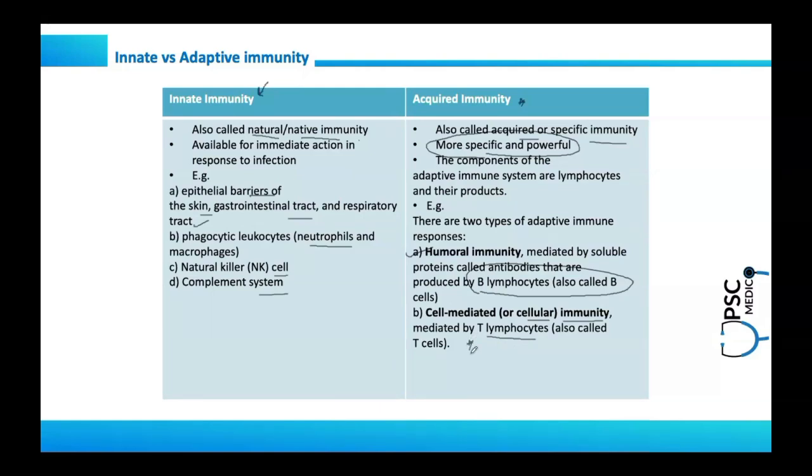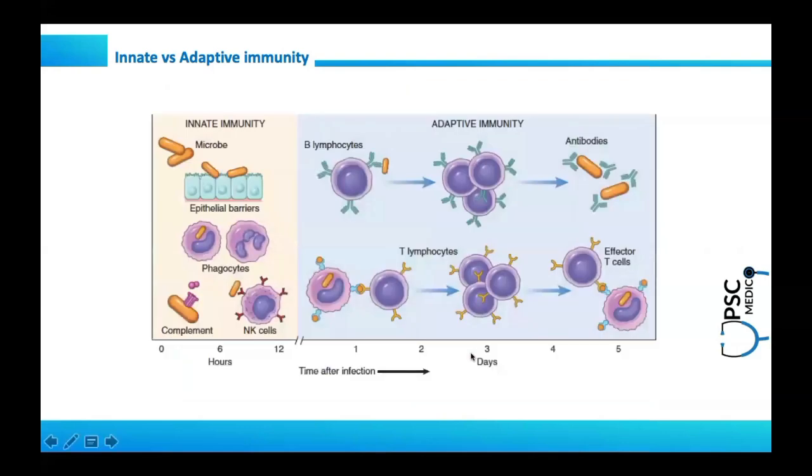We will go into the next part. Innate and acquired is done. This is simple. They'll ask you for 2 marks, differentiate innate and adaptive. You know the examples for each, and you know the basic difference between each and the different names for innate and acquired immunity. So if you observe here,